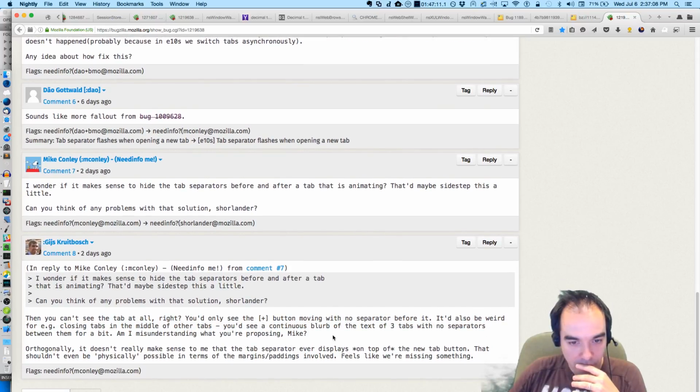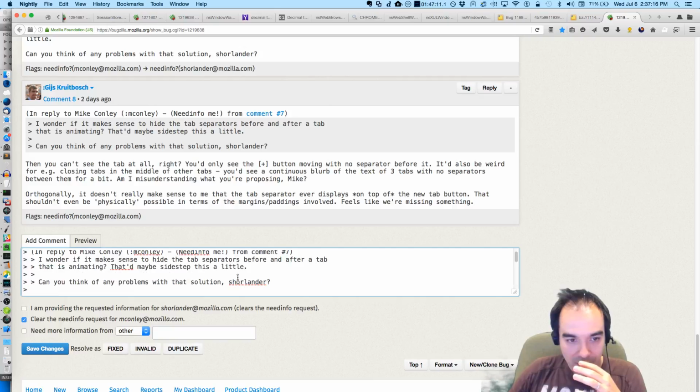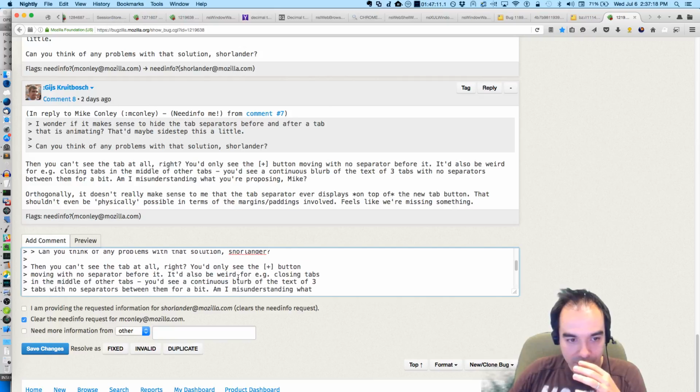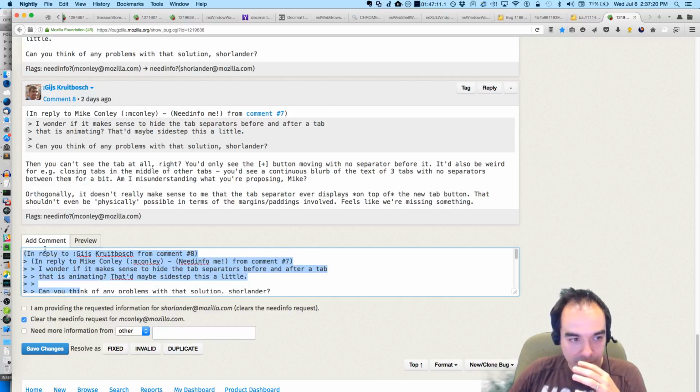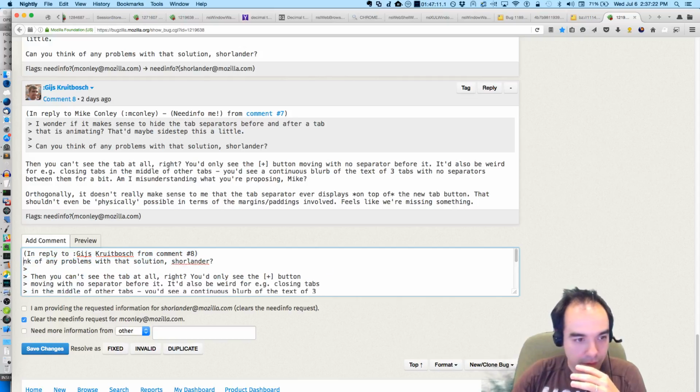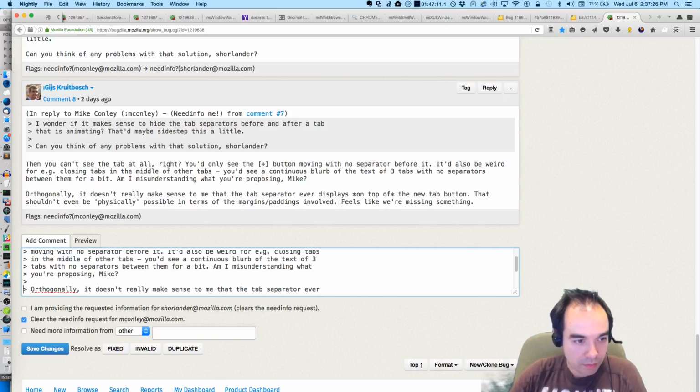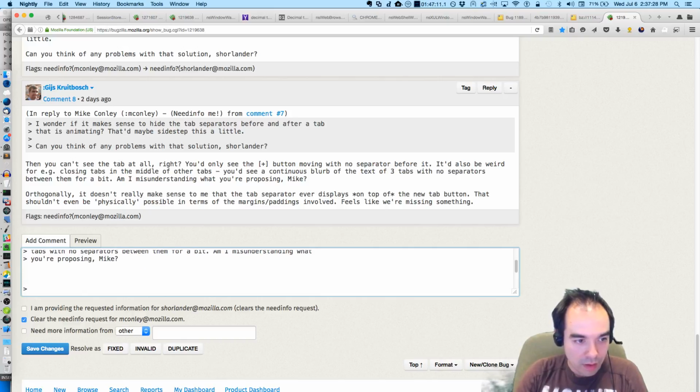You'd see a continuous blurb of the text of 3 tabs with no separators between them for a bit. Yeah, that's accurate. I think my idea was a little half-baked.